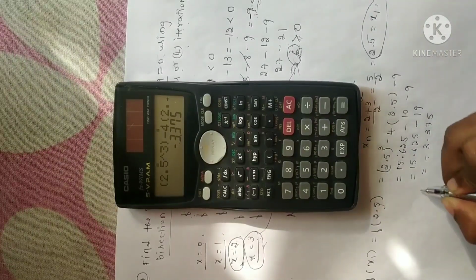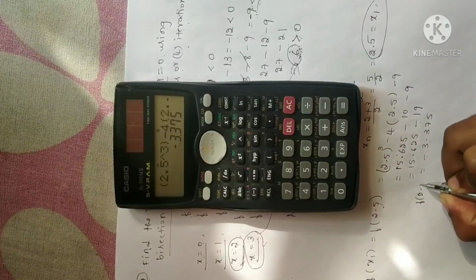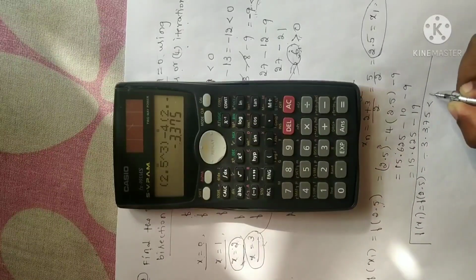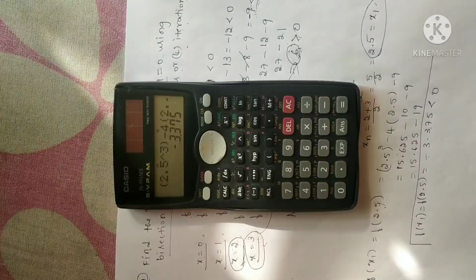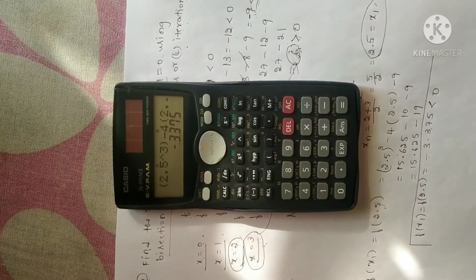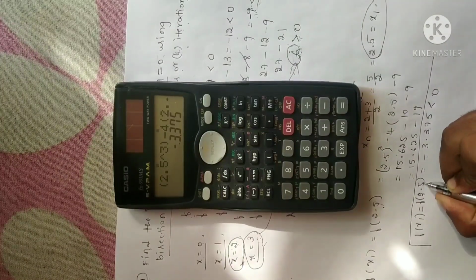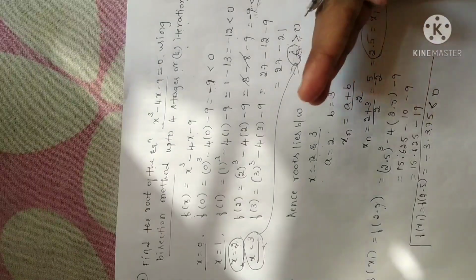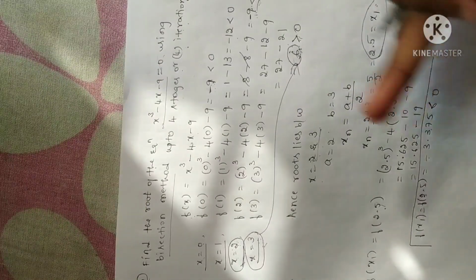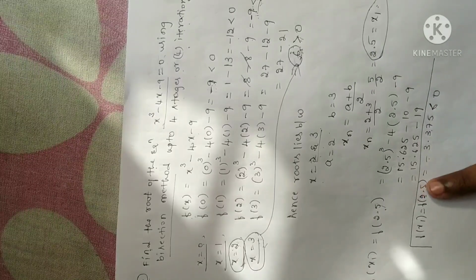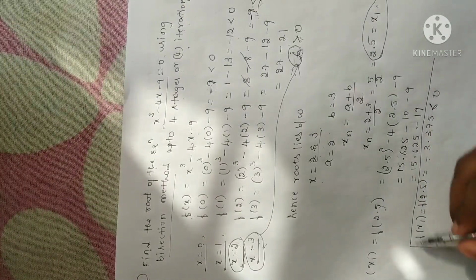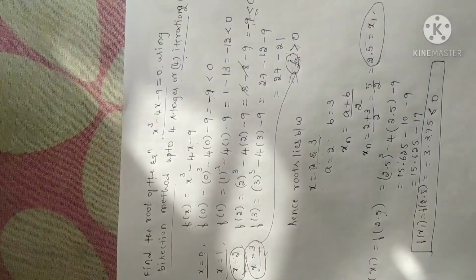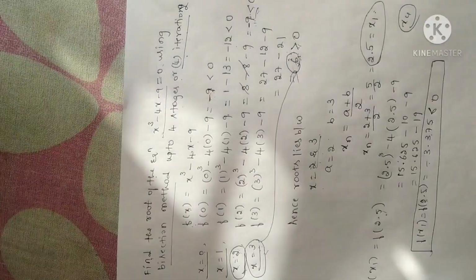So I have obtained that f of x1 or f of 2.5 value is minus 3.375. It is negative. In the sense I can say less than 0. So when we have x value 2.5, we get this value negative. Am I correct? Now look for the next step, the preceding step. Look for the next preceding step in which we have f of x value positive. Here we are interested to find the 4th iteration value. In the sense I have to find the x4 value.